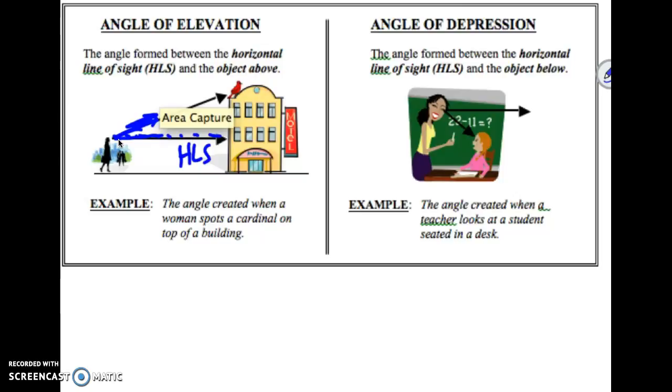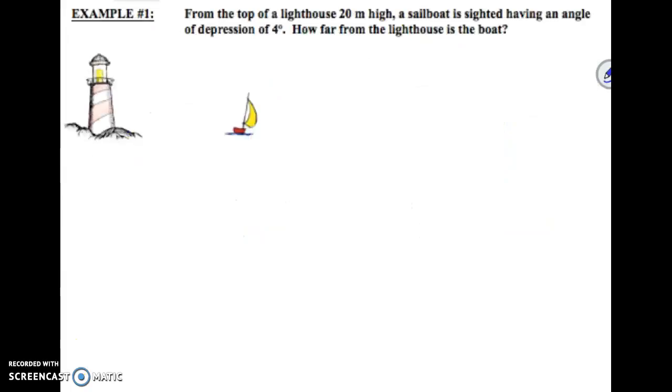Discussing angle of depression, which is the angle formed between the horizontal line of sight and the object below. You can think the line that is at eye level is the horizontal line of sight. An example is the angle created when a teacher looks at a student seated in a desk. So the horizontal sight looking down is the angle of depression. Think of when you're depressed, you're feeling down, so look down for angle of depression. We're going to be using the angle of elevation and the angle of depression to solve some of these word